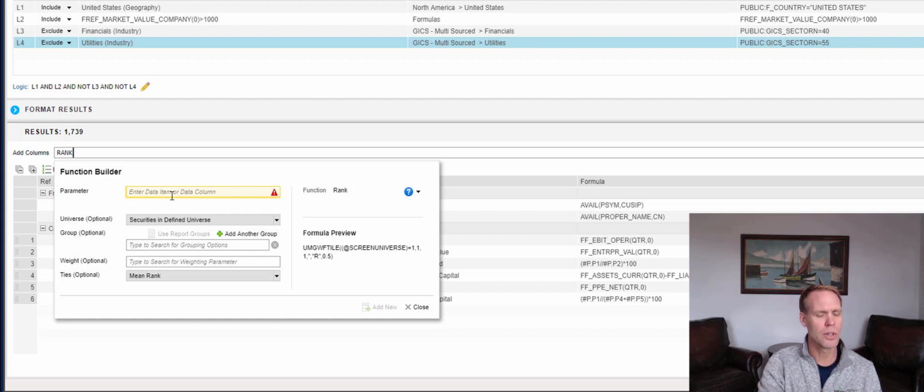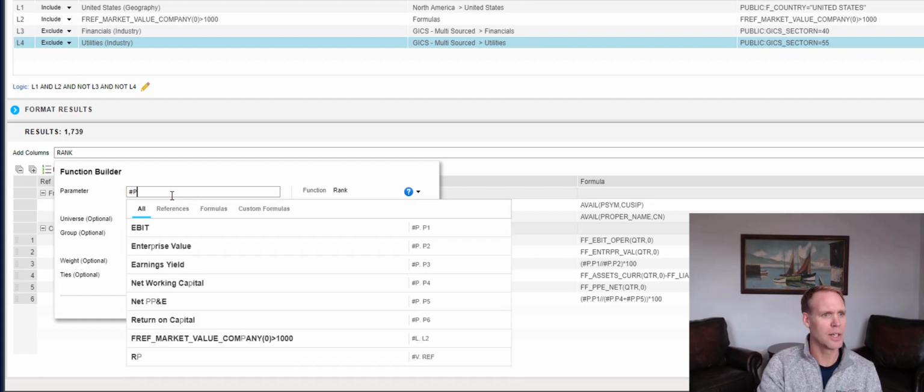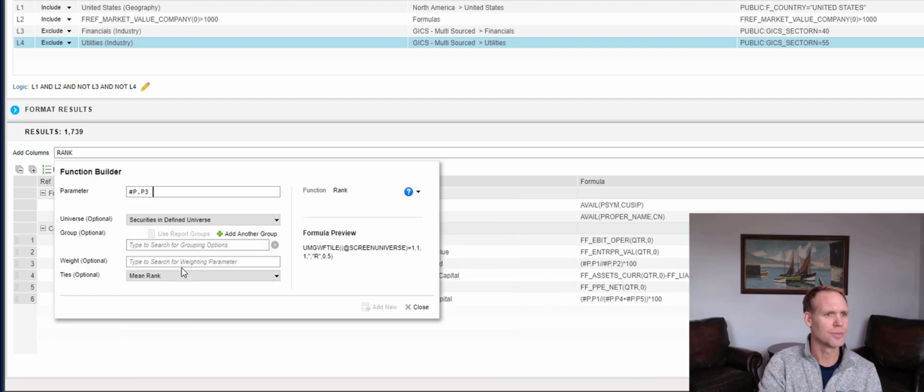So I'm going to start with ranking the companies based upon earnings yield, which, if you recall, was row number 3. So I'm going to reference that here. So #P, and again, it's going to bring up the list of possibilities, and I'm going to select earnings yield. So it automatically adds that in here. And so what I can do is,